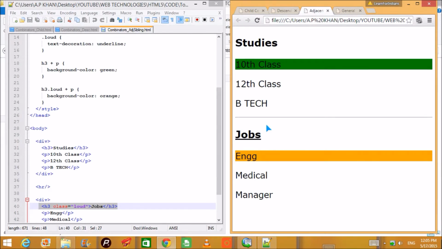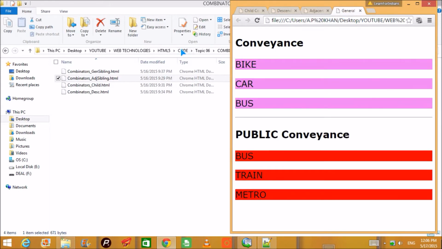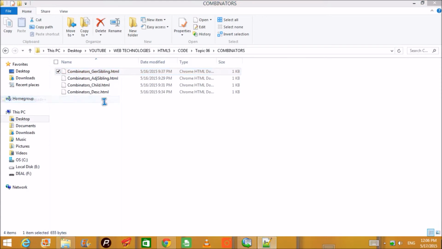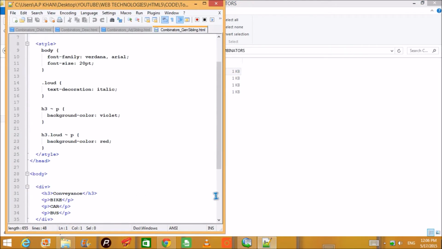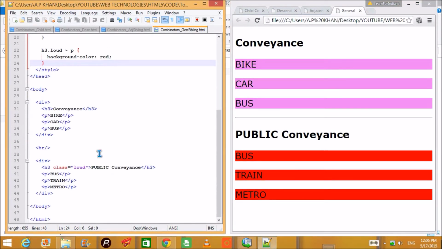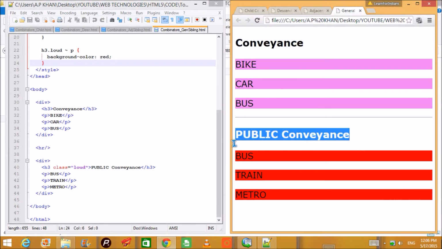Now you may argue that I want all these 3 p's to be selected at once. For that, you will see what I change in the next HTML web page or script. This is called general sibling. I'll do the same thing, same division, same class, just some names are changed. This is the first h3, this is the second h3, and these are the p's.